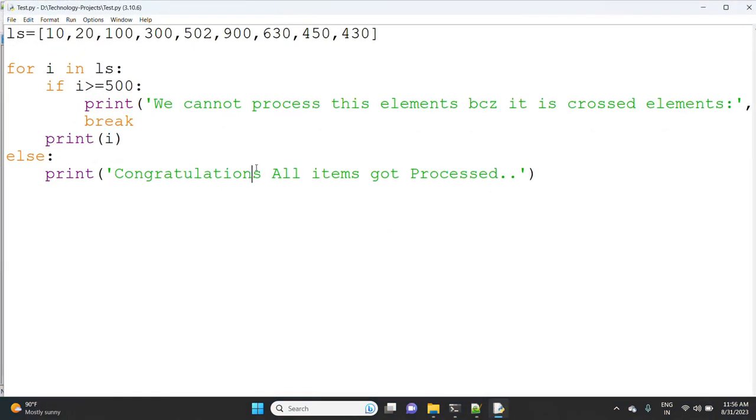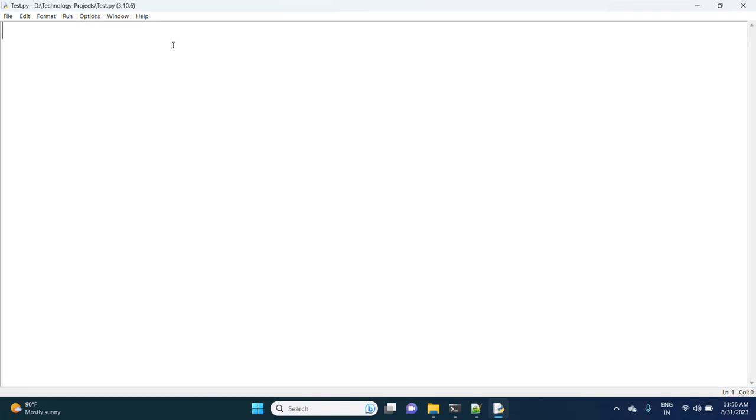Observe what I'm doing: suppose I'm taking a equal to 10, and if a double equal to 10, at that time I don't want to do anything.